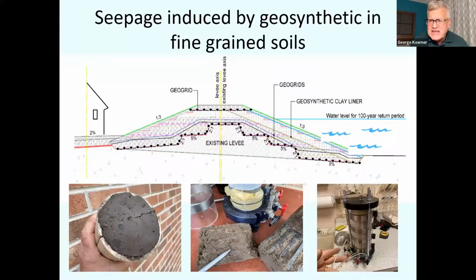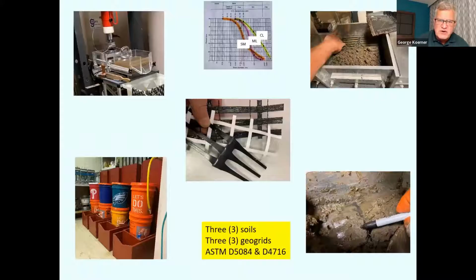A big investigation at GSI was to see if the geogrid was providing a preferential pathway through the levee system, and it very much depends on the hydraulic heads, how long those heads are sustained, and what type of geogrid is matched with the soil. We did testing of this both in transmissivity and flex wall permeameter hydraulic conductivity. The results will be presented in the